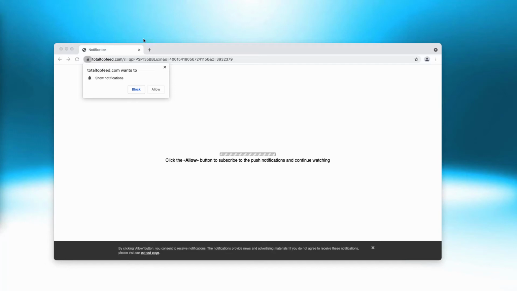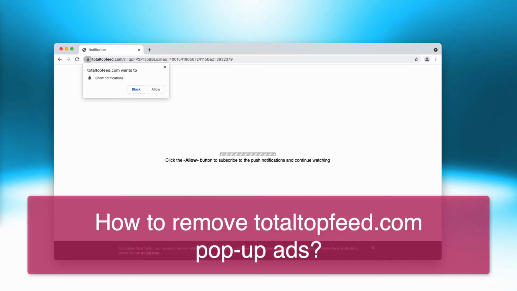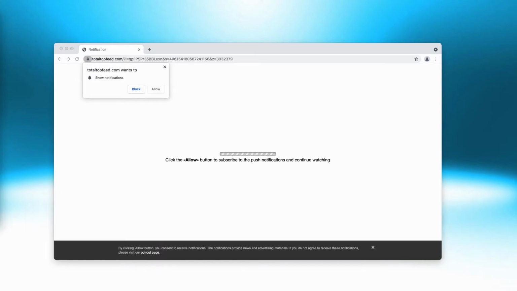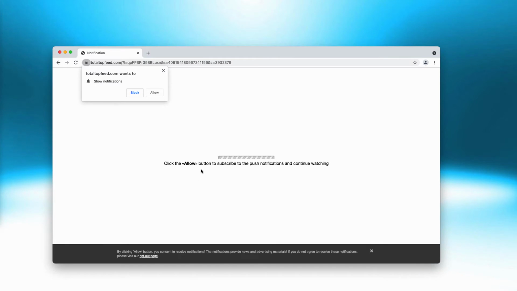My video guide is about getting rid of the pop-up ads coming from the website totaltopfeed.com. So these are extremely deceptive alerts that try to force you into subscribing to their web push notifications. The pop-up indicates that you need to click on the Allow button to subscribe to the push notifications and continue